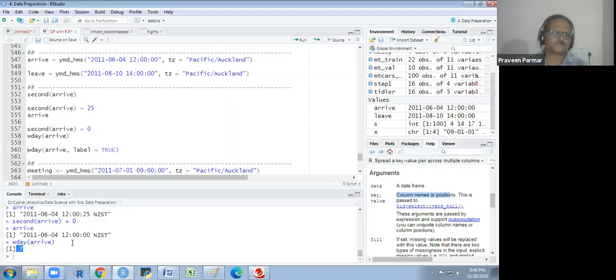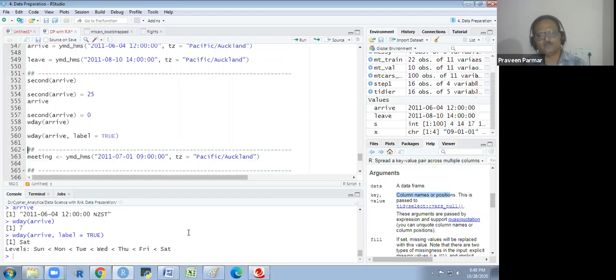Okay. And the weekday arrival label true. So I will show you. It will show me the label also. Saturday. Okay. Label is equal to true, I have written. So it will give me the Saturday and also give me the labels: Sunday, first, second, Monday, Tuesday, Wednesday, Thursday, Friday, Saturday. Got it?